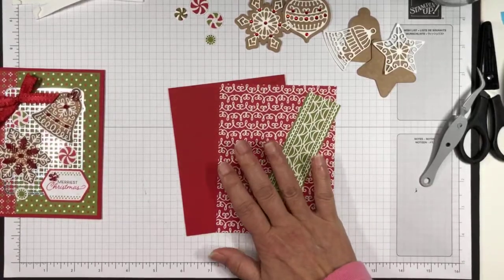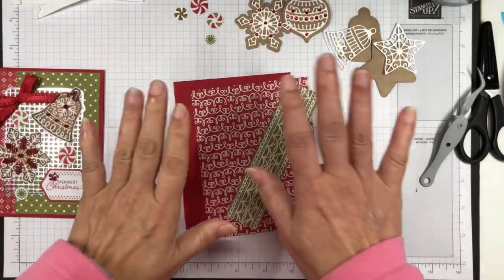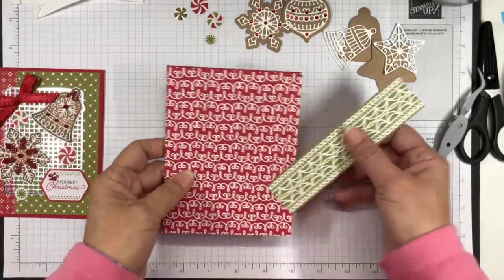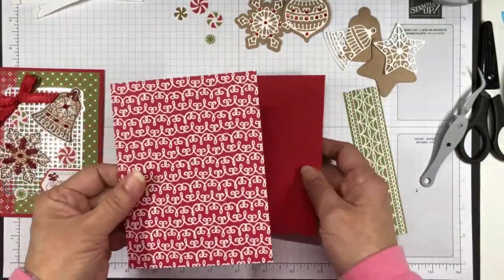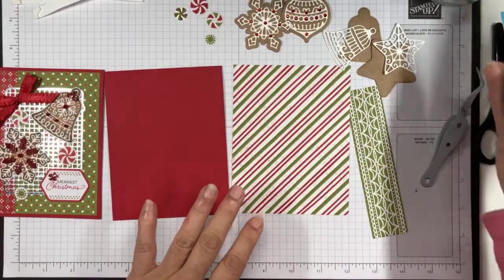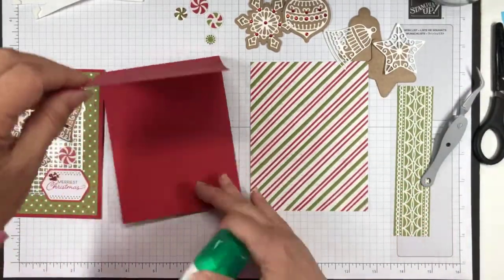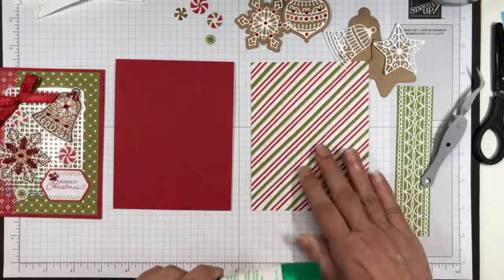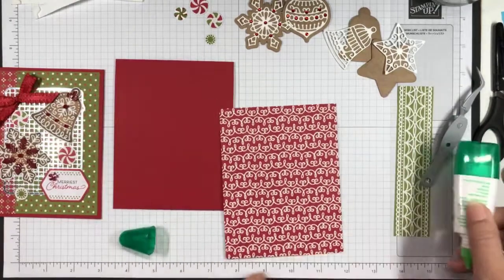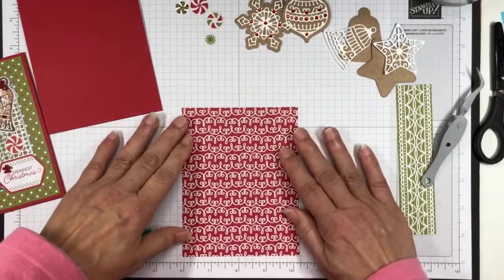And I've already taken the time to cut a lot of the pieces out, and I think I've cut pretty much everything out. And so I'm going to go ahead and start assembling this. What I've gotten is a piece of the designer series paper. See the pretty stripe panel on the back of this, and I'm going to adhere this to the front of a real red card base. And I'm going, actually, no. You know what? I'm going to do this because I want to put this old olive panel right down the